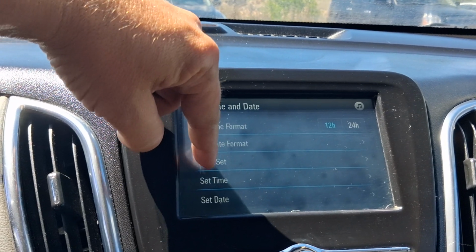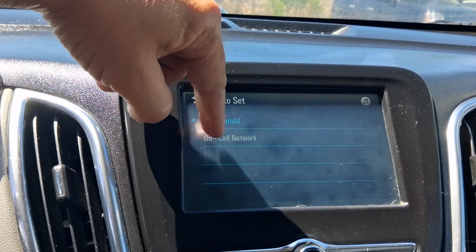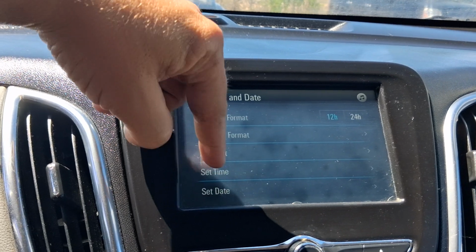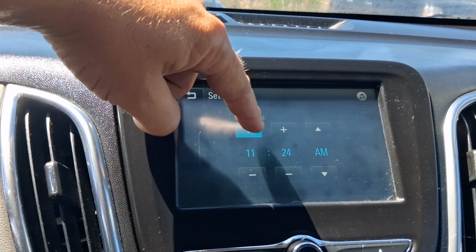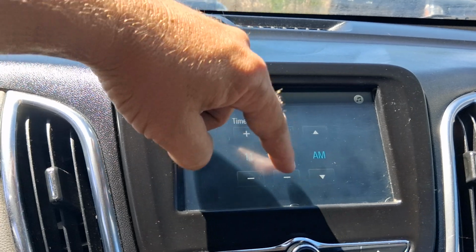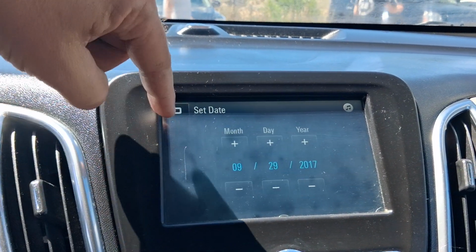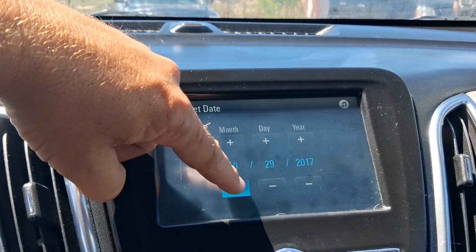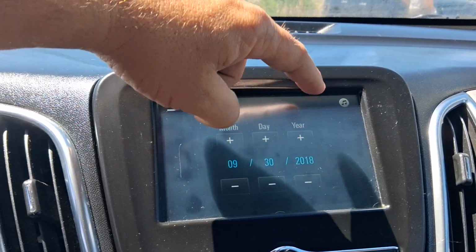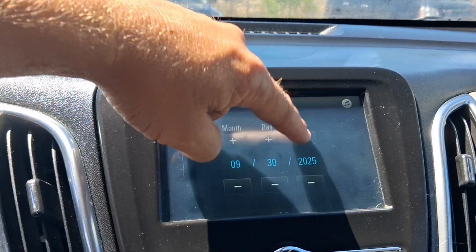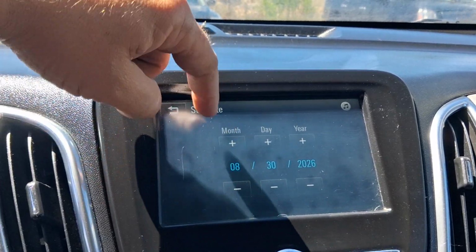And then we can auto set, so it'll just sync up to the cell network if you like, or you can manually set everything by here, which again, up or down as needed. So your hours, minutes, and AM, PM. And then your date, same process for your month, day, year, etc., etc. When you get it to where you want,